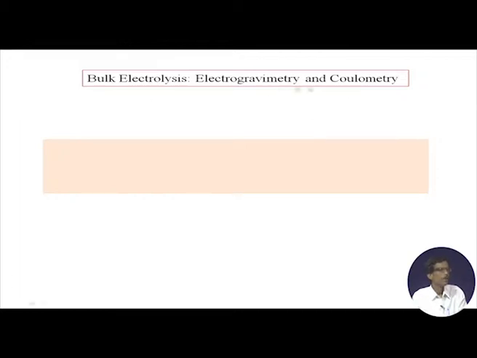So, we will be getting two techniques, basically two methods or two processes. One will be called electrogravimetry and the other is coulometry. That means coulometry, as I told you, is the corresponding amount of current or the electric charge which is passed through the solution, but electrogravimetry is by weighing, because the gravimetric estimation we know earlier. Now, electricity is passed and some change is there, and the change of the mass in terms of the corresponding depletion from the solution or deposition on the electrode can be measured for this particular type of technique.